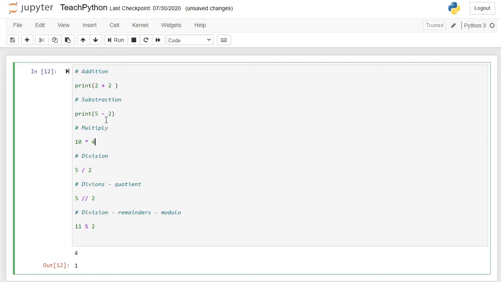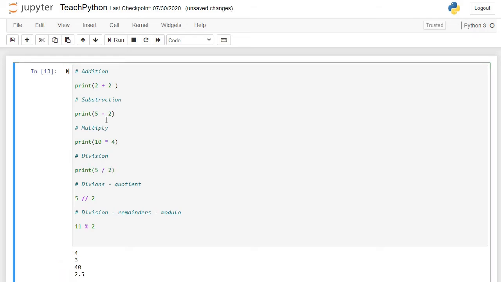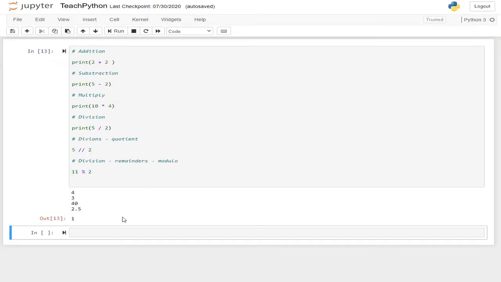For example, if I write print on each and everything, let me copy this print, because it will take a lot of time if I keep on typing each and everything. You will see, got it. So you can see when we use print, we can print all of them. Now let's look at a few more expressions.